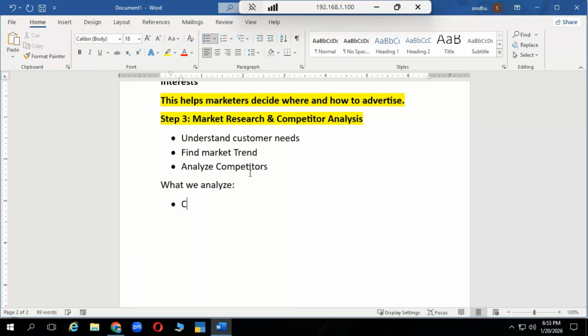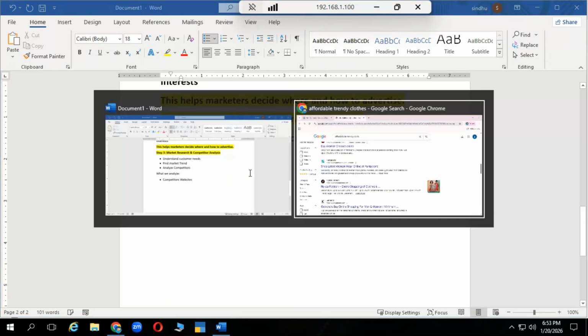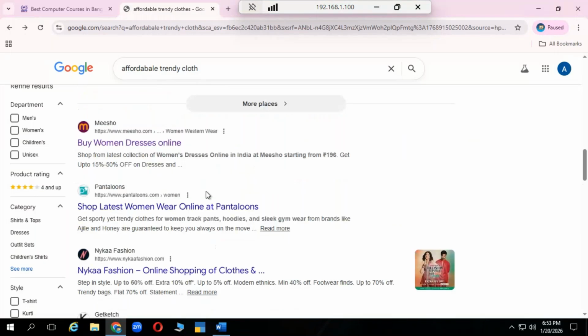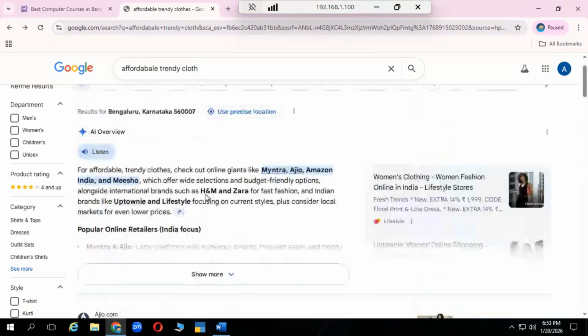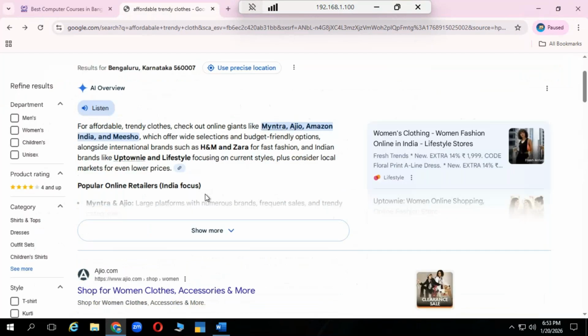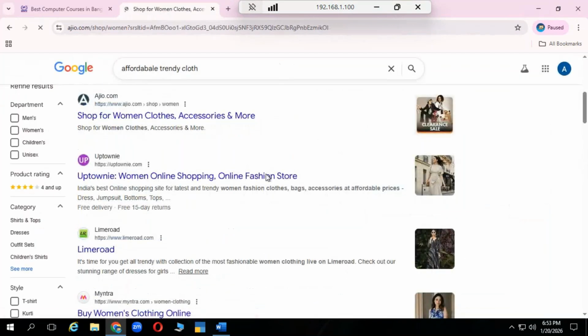So first thing, we have to check our competitor websites, as we are going to compare the pricings. First, we analyze the websites. Once I come back, you can see, for example, I'm searching for one particular product. If I go to the shop for women cloth,